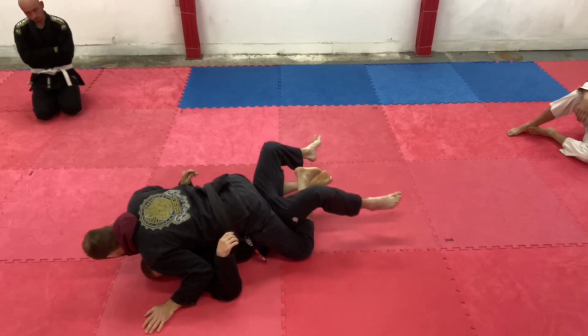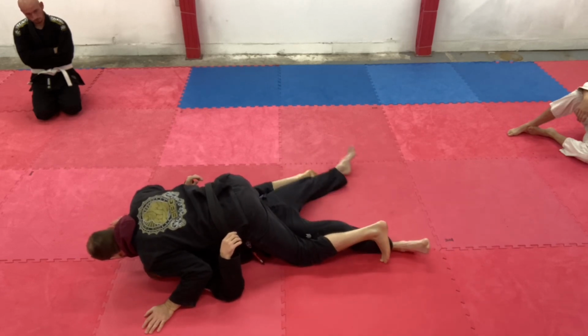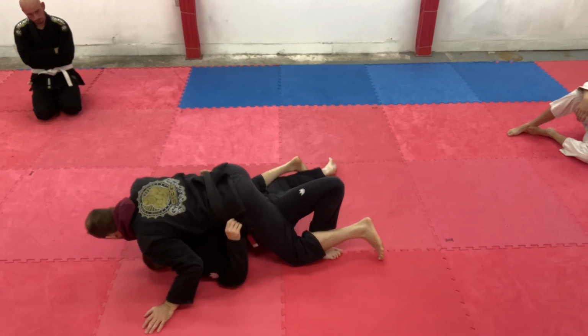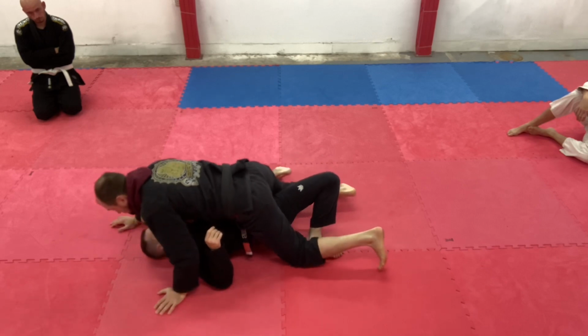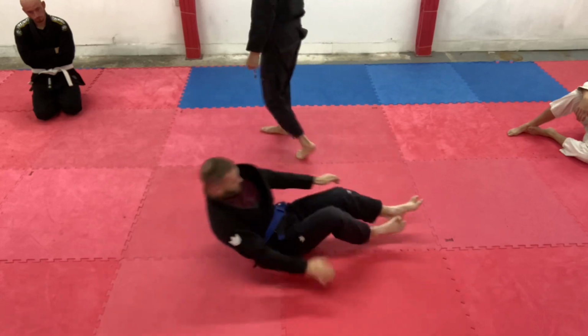And now he's got to clear that top hook first and foremost. Split the legs. Snow angel. Not let me get back under. And already he's out, really starting to get. And of course, I'm going to be trying to